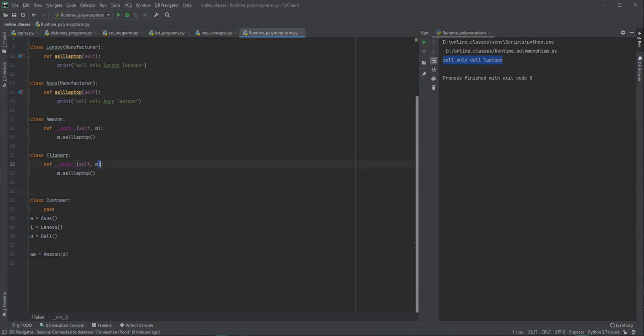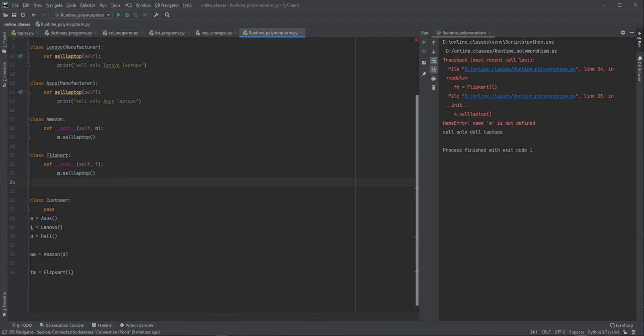In this, let's say we are taking the reference variable as f or something. Now for Flipkart, fm, I'm going to create the Flipkart constructor like this. Suppose I want to buy a Lenovo laptop, I will pass the reference variable L inside the Flipkart constructor, and let's run the program.